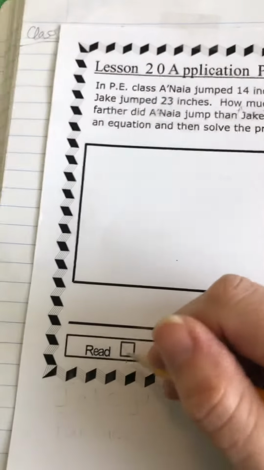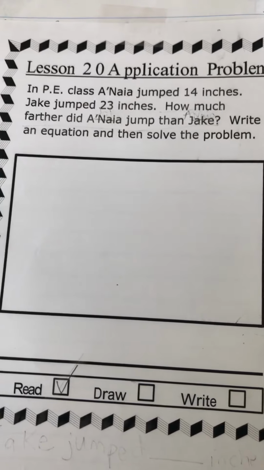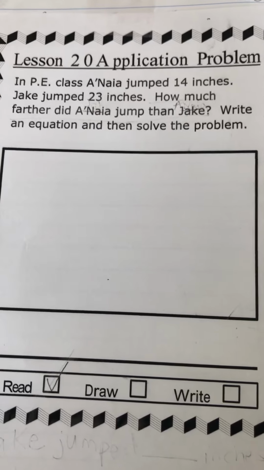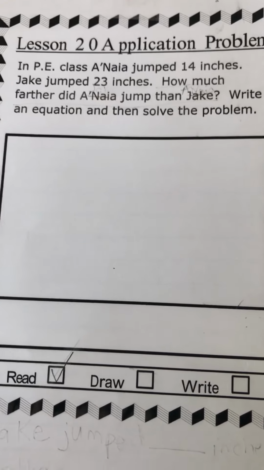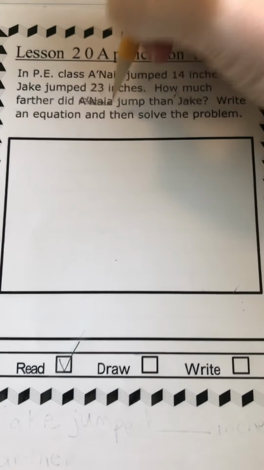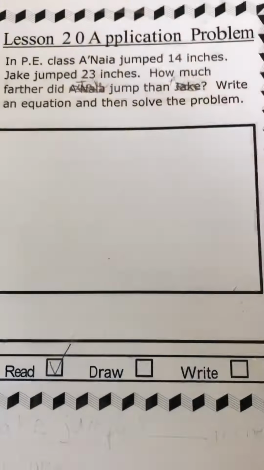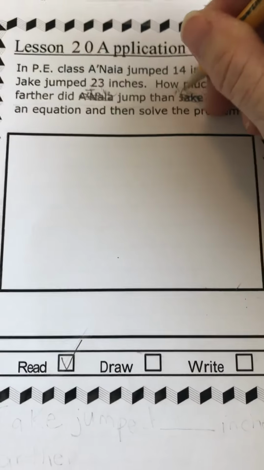So first we want to read the problem. In PE class, Anaya jumped 14 inches. Jake jumped 23 inches. How much farther did Jake jump than Anaya? So I'm sure you noticed that I flipped their names. So if you'll change Anaya to Jake and Jake to Anaya,